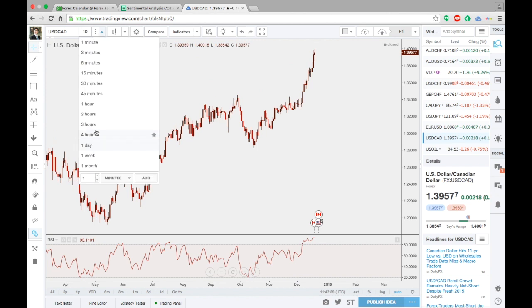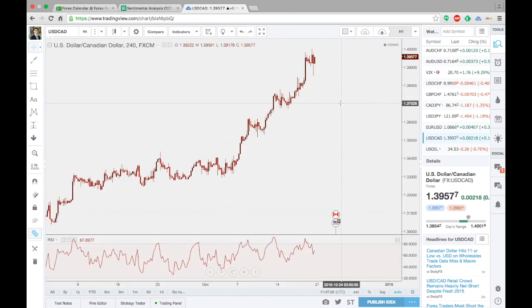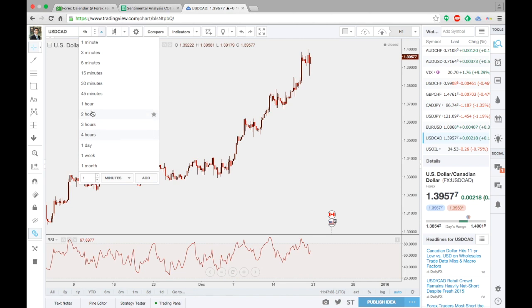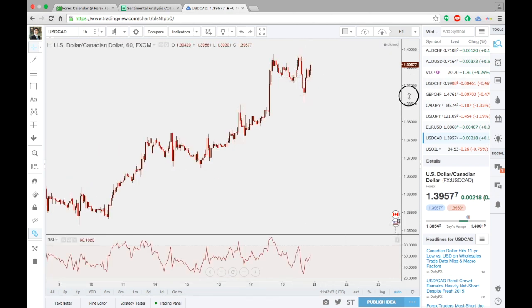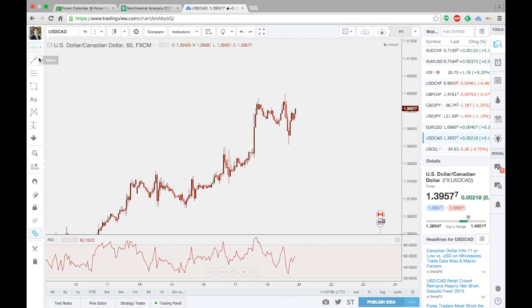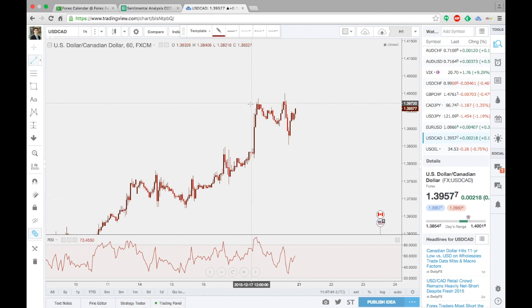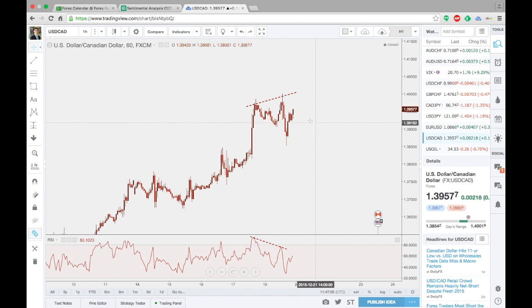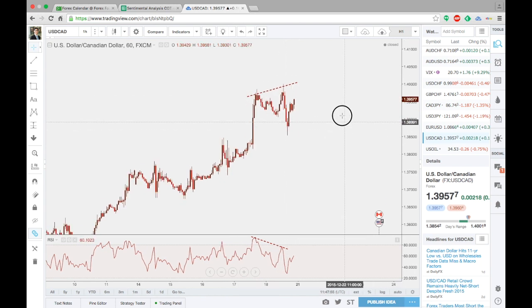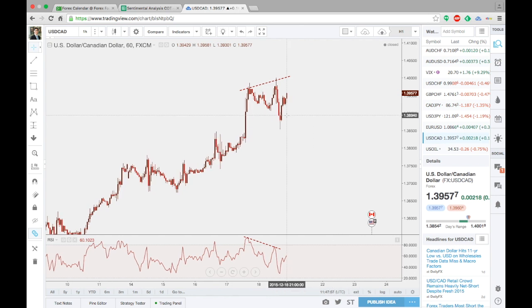Looking at this chart, on the 4-hour, or even the 1 hour, which is clearer, we can see that there is certain divergence happening. Let me point to the two. We have a divergence happening over here. But for this trade itself, yes, price has broken the neckline. It has retraced up, but I wouldn't be very confident in taking this short trade, mainly because I do expect the Canadian to continue weakening.